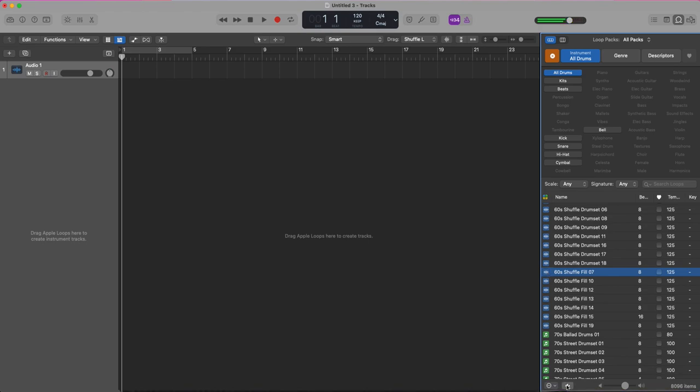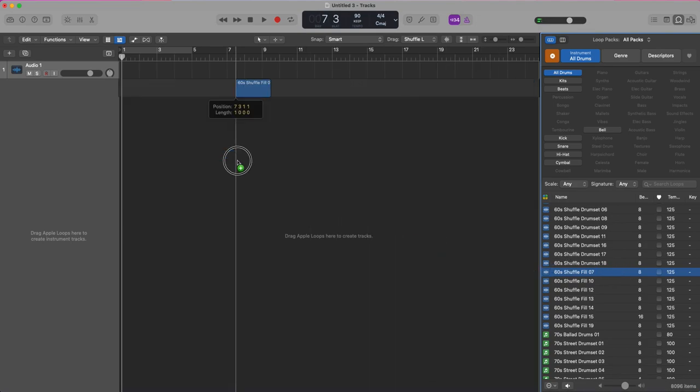With this pre-listen button, I will listen to it at 120 because my project is now at 120, but if I go down to, for example, 90, I will pre-listen to it at 90. If I drag it into an empty track, I will have an 8-beat region, so it's 2 bars.